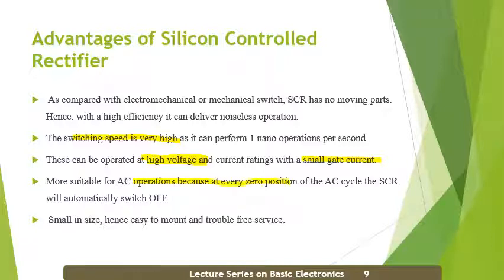because at every zero position of the AC cycle, we are talking about the zero crossing of a sine wave. If you remember, the sine wave looks like this, and if I say this is the origin, this is the zero crossing, and this is also the zero crossing. This is also a zero crossing. That means whenever it crosses this origin, that is say O, we call it a zero crossing. So it is most suitable for AC operations